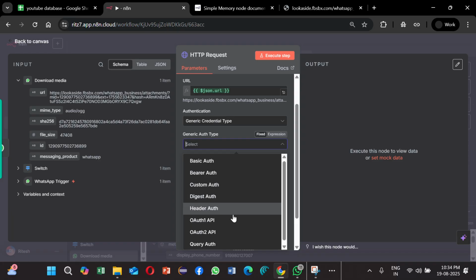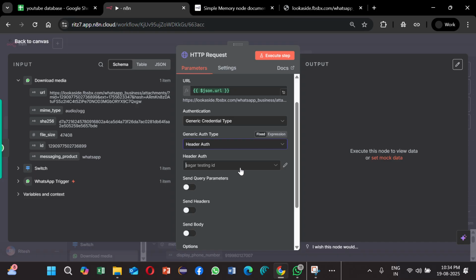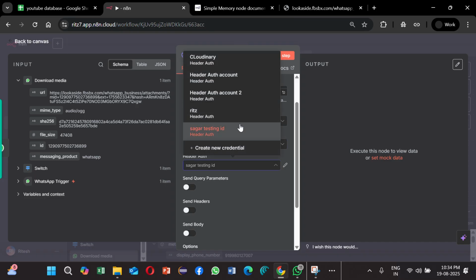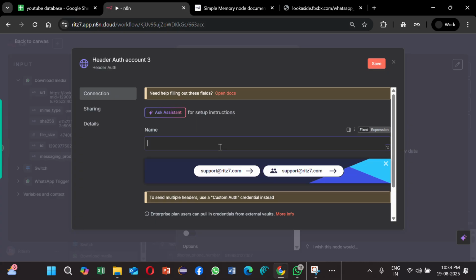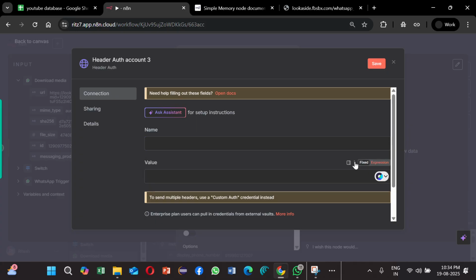You can make it header auth. Let's create new credentials, and let's say authorization